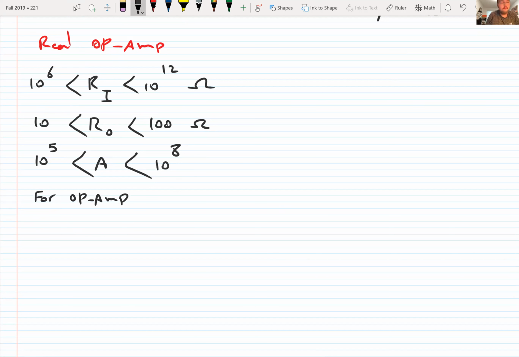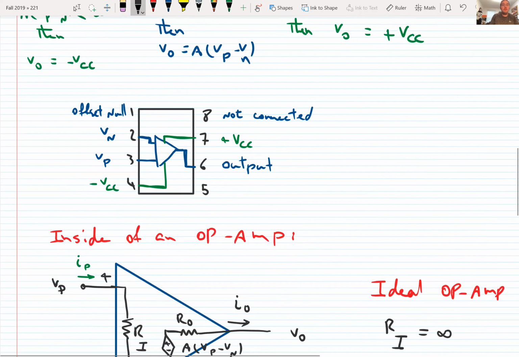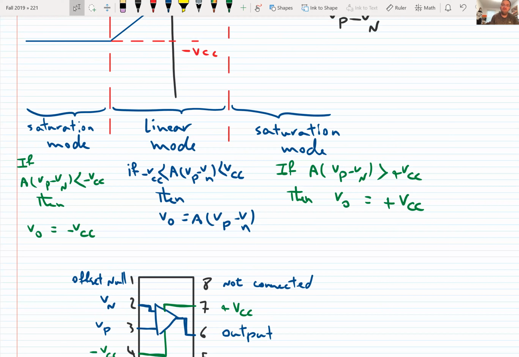Okay, good. For an op-amp to operate in the linear mode, the output voltage is bounded by which values? Can you tell me? Let's go up and take a look. So the output voltage in linear mode should be bounded by, do you remember? VCC and negative VCC. Okay, so the output should be between VCC and negative VCC in order to operate